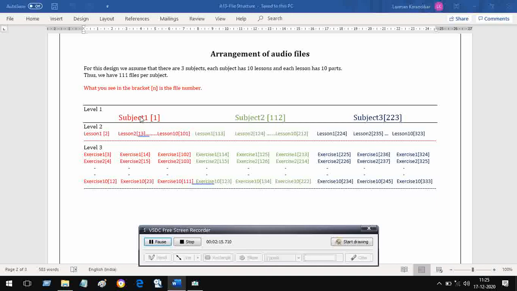Then if somebody wants to read or understand subject 1, that is Hindi, then he presses the accept key, and then you come to level 2. It says lesson 1 is such and such. If it is acceptable, then you come to level 3 by pressing the accept button,